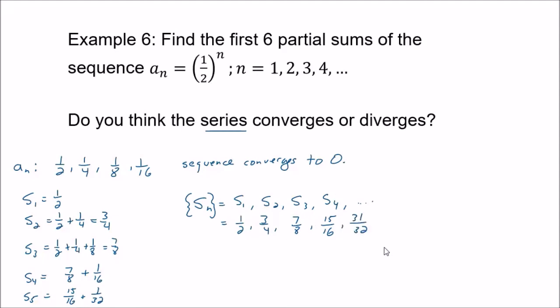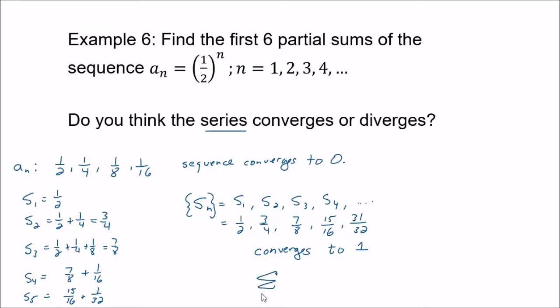Matter of fact, we could probably write a formula for this thing right here. We could try. Looks like an interesting formula. Do you think it converges? I do too. It looks like it's getting closer and closer and closer to 1. So I would say this converges to 1, which means that the sum,